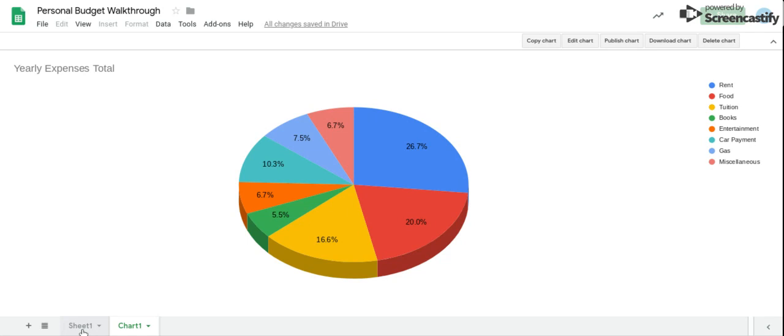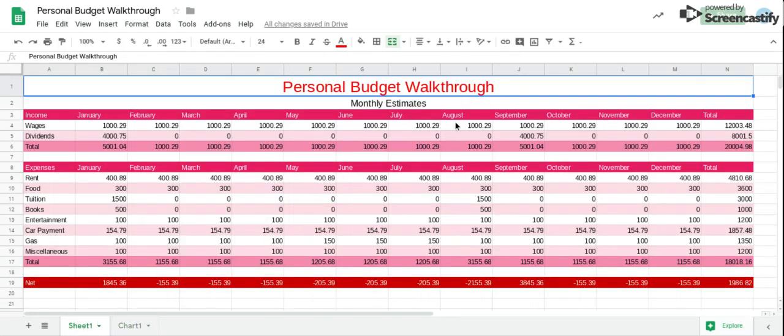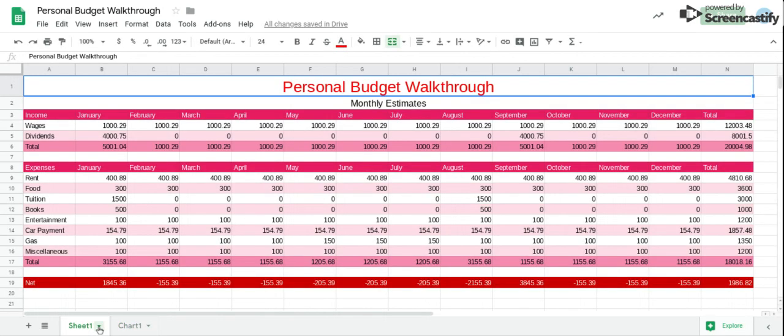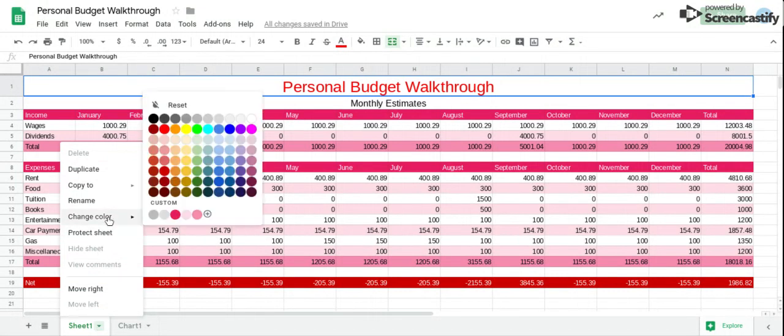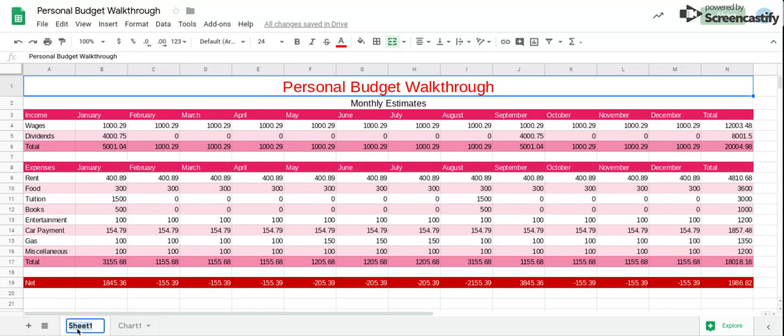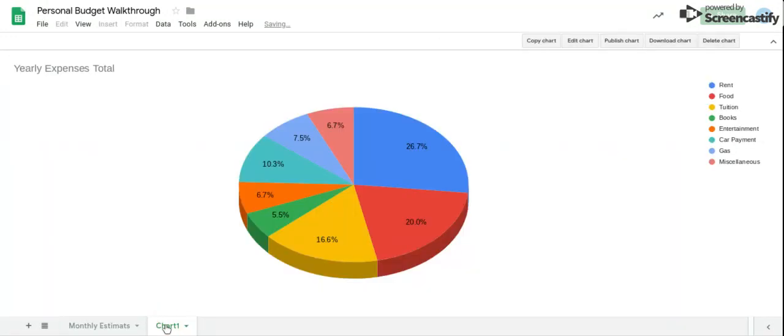So if we go to sheet 1, which is down here on the bottom, here's all of our information. It still says personal budget worksheet. And if we go to the chart, we now have the chart. To change this, you can use the arrow buttons, and when you click on the arrow buttons, you'll see where it says change color and rename, or you could simply just double click on the name, and you can say monthly estimates. And then for chart 1, we're going to change chart 1 to